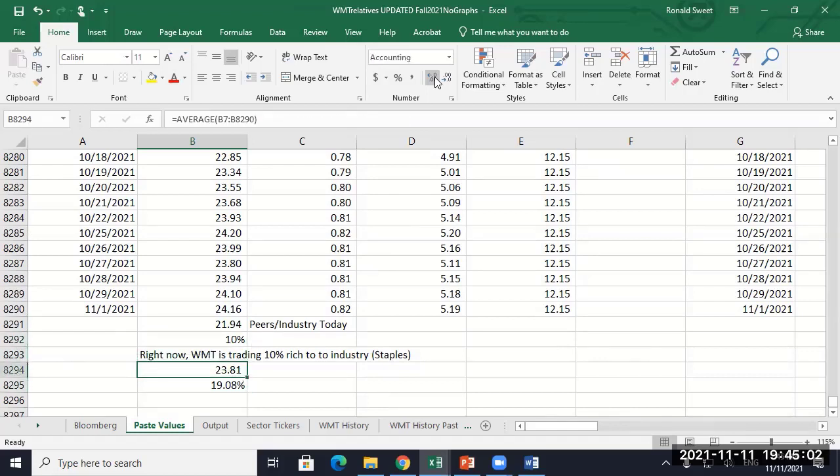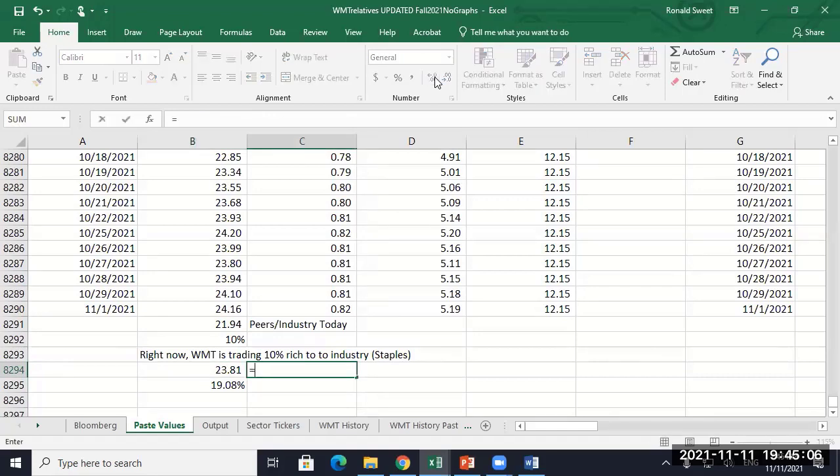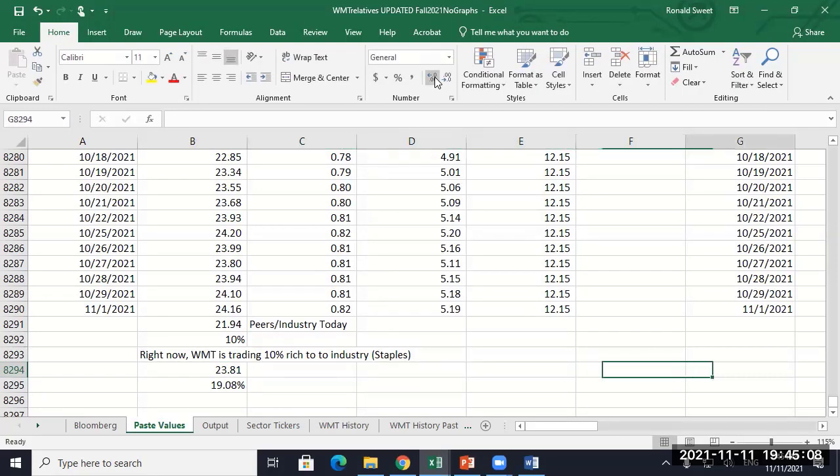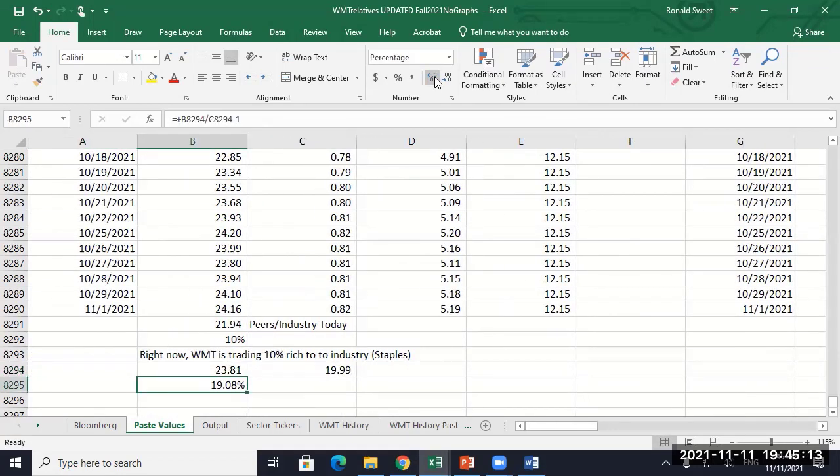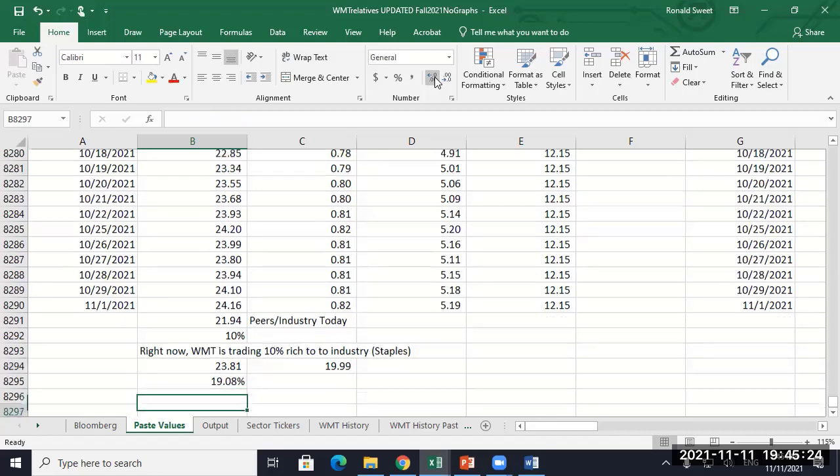Historically, let me just read the average of it. So historically, they've traded 19% rich to their peers. So what does that mean about today? They're trading cheaper than they have historically. So we can actually say,